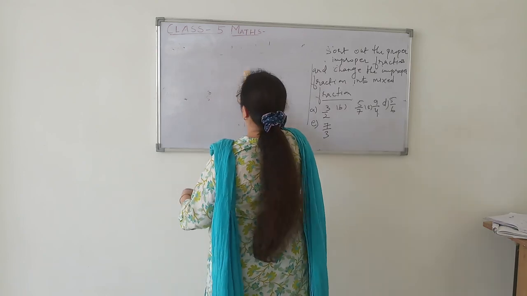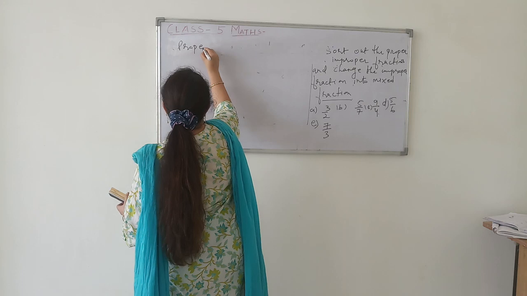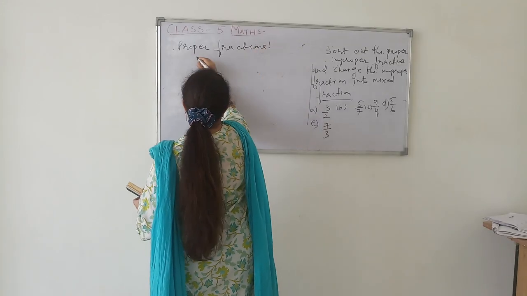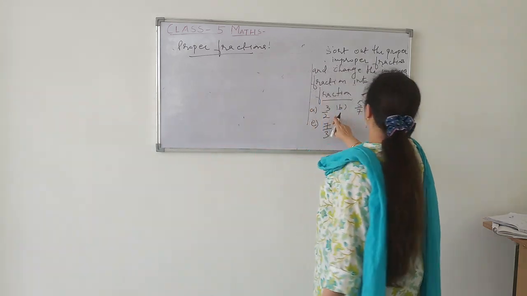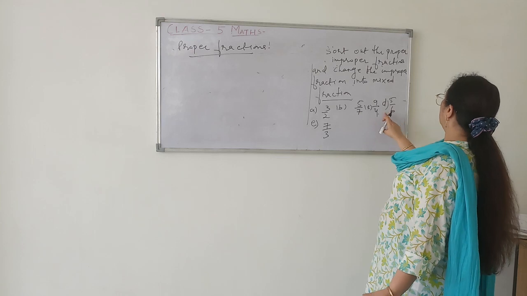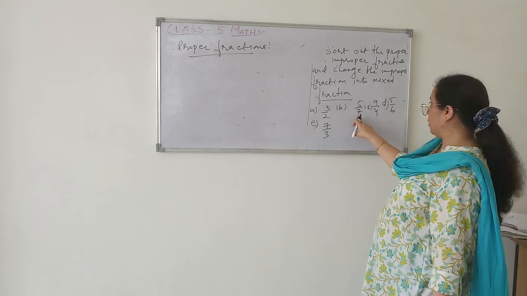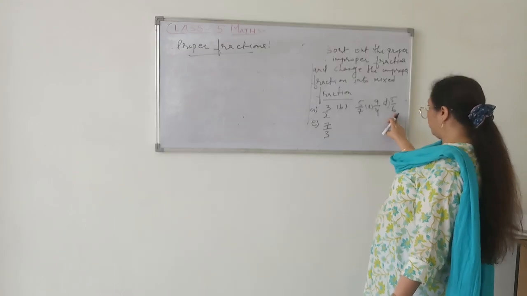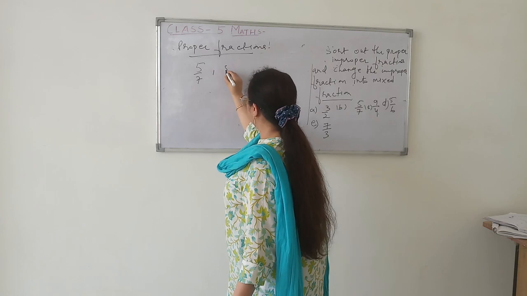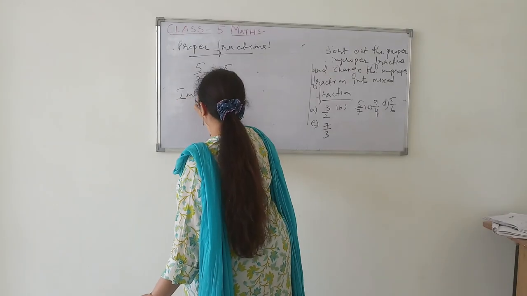First we will see the proper fractions. Which are the proper fractions here? You see 3 upon 2, 5 upon 7, 9 upon 4, 5 upon 6 and 7 upon 3. So which denominators are bigger? 5 upon 7 and 5 upon 6. So 5 upon 7 and 5 upon 6 are the proper fractions. And the improper ones are